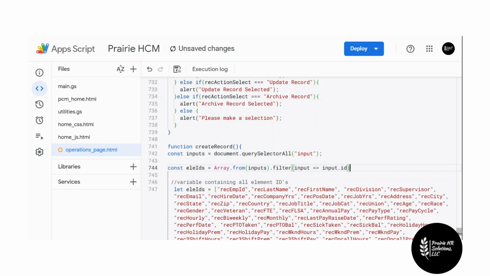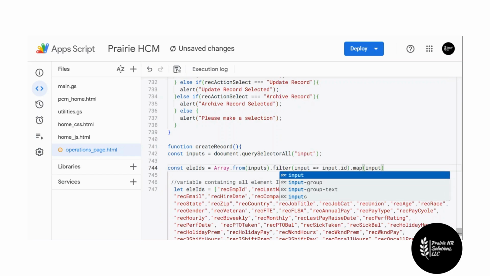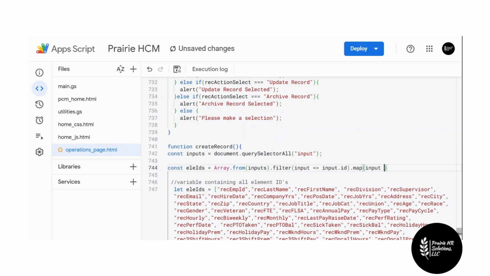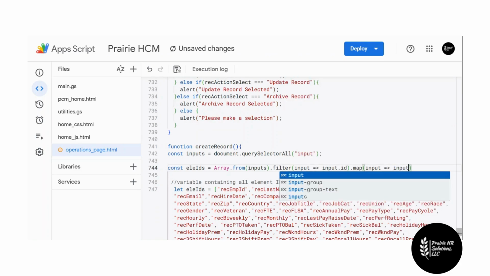And once we get that, we can continue the filter and chain a map to it. What we're going to do with this map is take the input that's been filtered and pull out the input